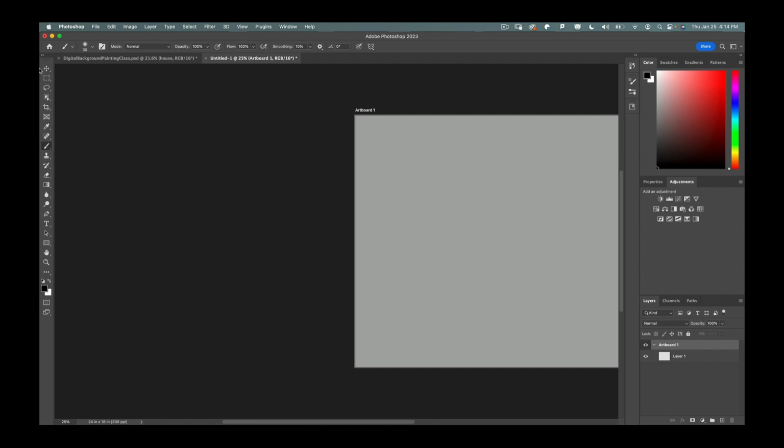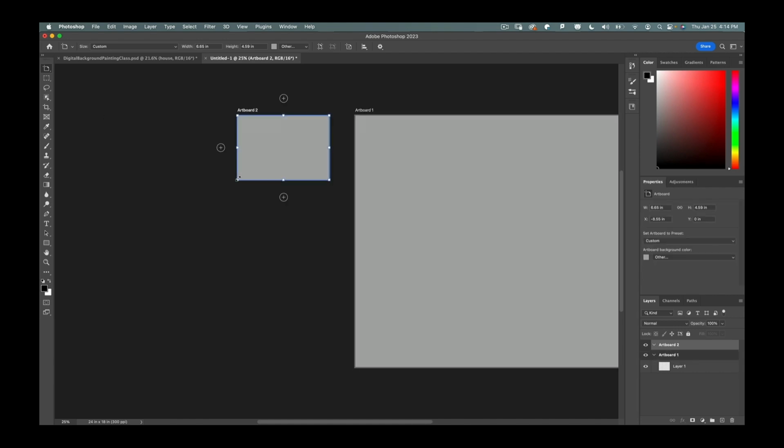So your artboard tool is hidden beneath the move tool. You can hit V on your keyboard to get to here, but once you hit artboard, you can draw a new artboard that you can make copies of or draw thumbnails on. You can see another layer has been added to the layer tab, and I'm just going to click on the brush tool